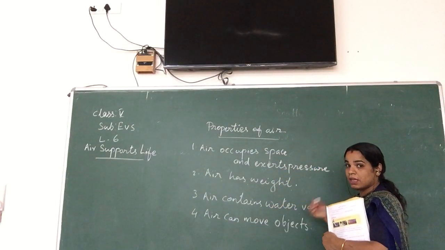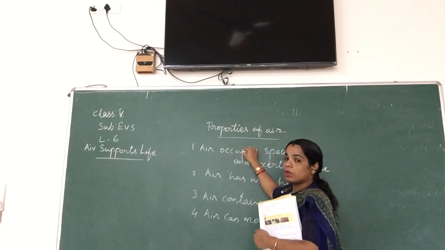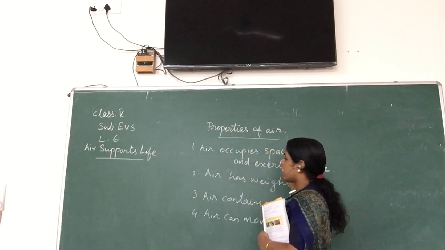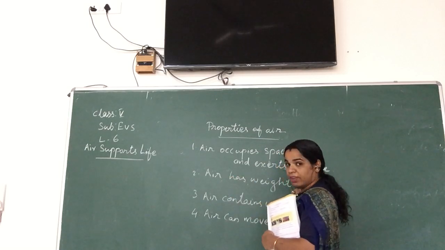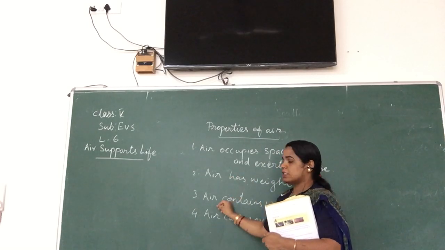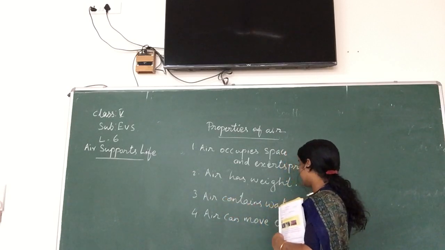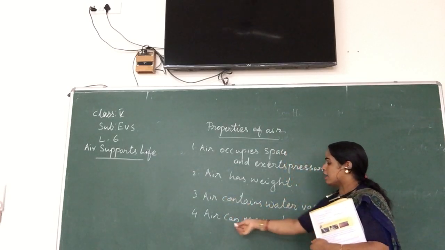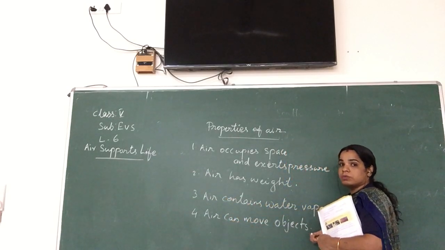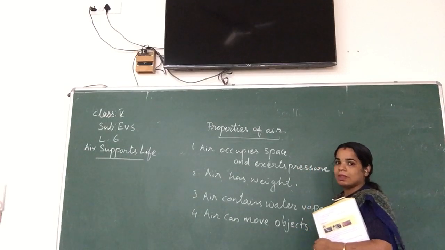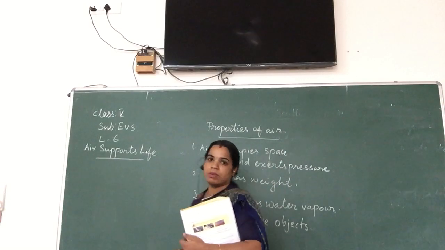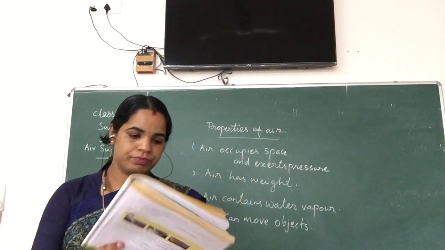What are the properties? Again, one more time. Air occupies space and exerts pressure. Air has weight. Third one is air contains water vapor, and the fourth is air can move objects. These are the important properties of air. Okay, next we have to go to each and every point on page number